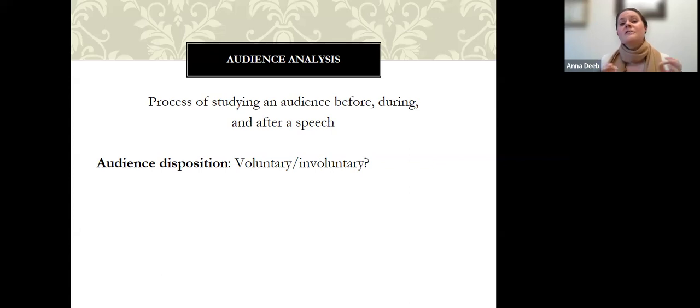Or are they here involuntarily? Okay, they are here because this is a training that you're giving that they have to take because their employer requires it, for example. Or are you at a convocation at Brunel that you're required to go to? Maybe you want to go. It's voluntary slash involuntary. That could be the case too. But you're compelled to go because you have to go.